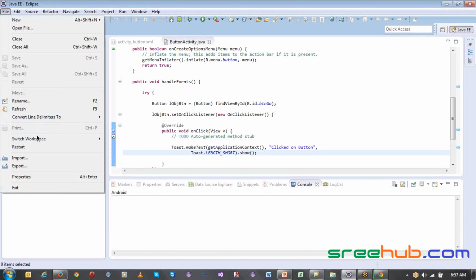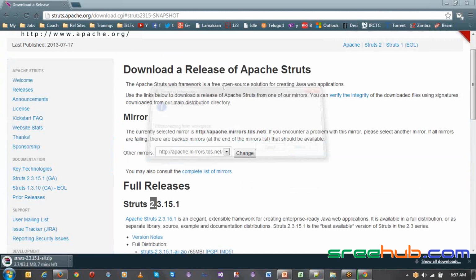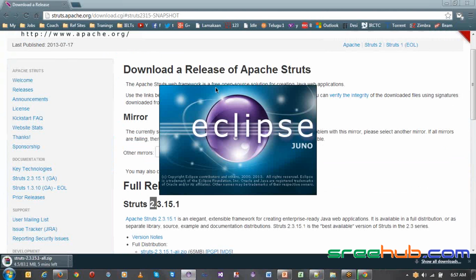So we'll go back to advanced Java. We'll see how we can set up, and we'll first write a simple Struts example, and we'll see how this is going to work. So this is all about the main